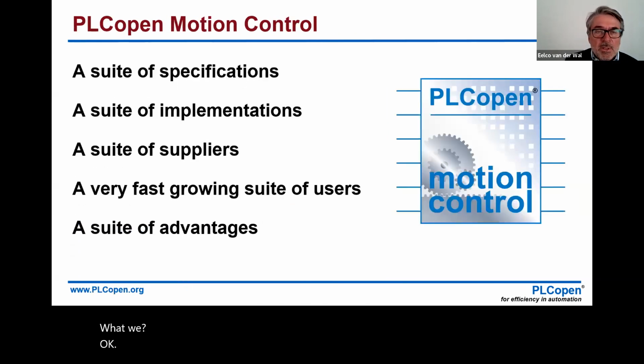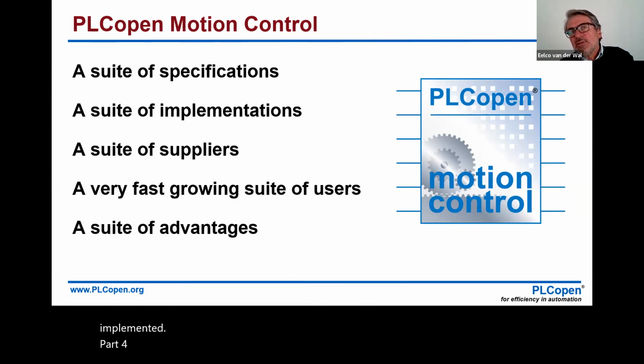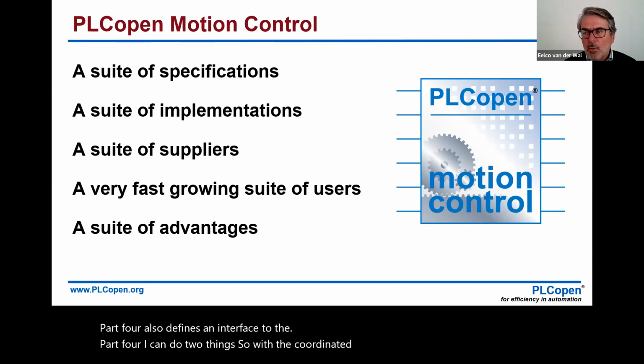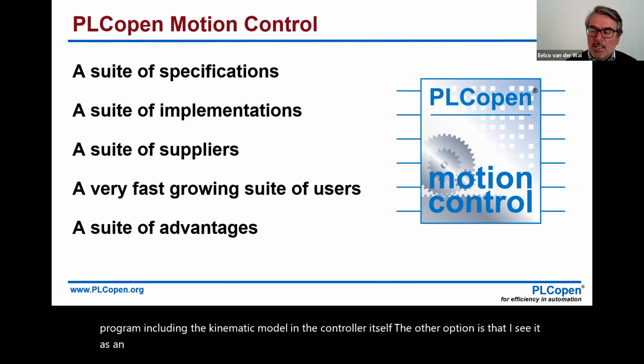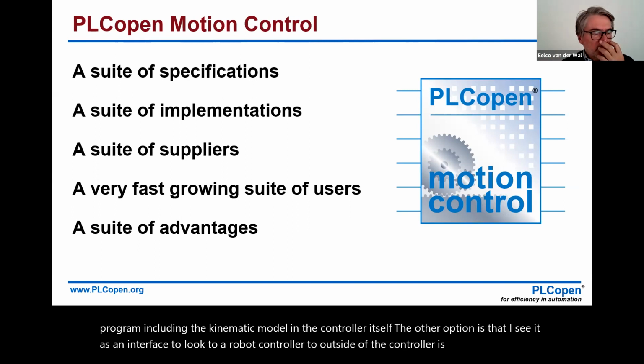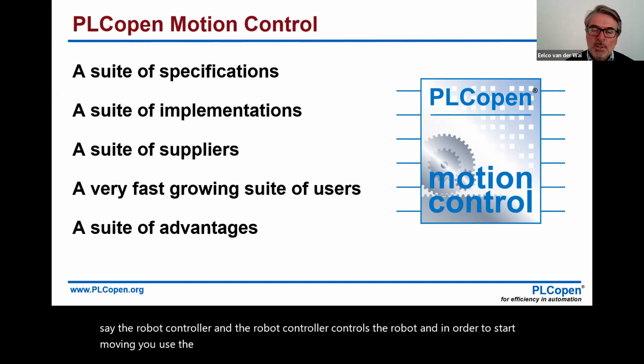Okay, so we got a suite of specifications there, a suite of suppliers. This is very broadly implemented. Part 4 also defines an interface to the robot. With Part 4, I can do two things, so with the coordinated motion. One is I can run the whole program, including the kinematic model, in the controller itself. The other option is that I see it as an interface to a robot controller. So outside of the controller is a second unit, let's say the robot controller, and the robot controller controls the robot. And in order to start that moving, you use commands like set in the coordinated motion being part